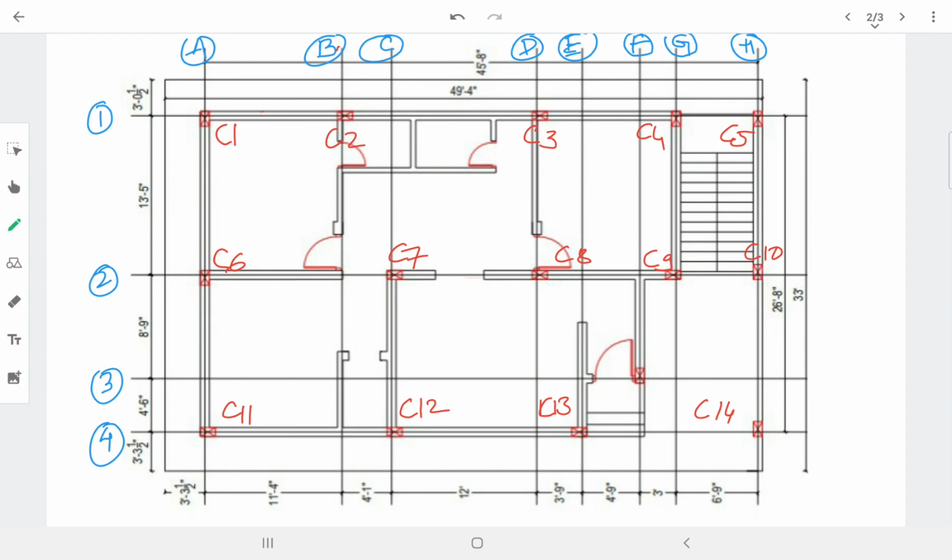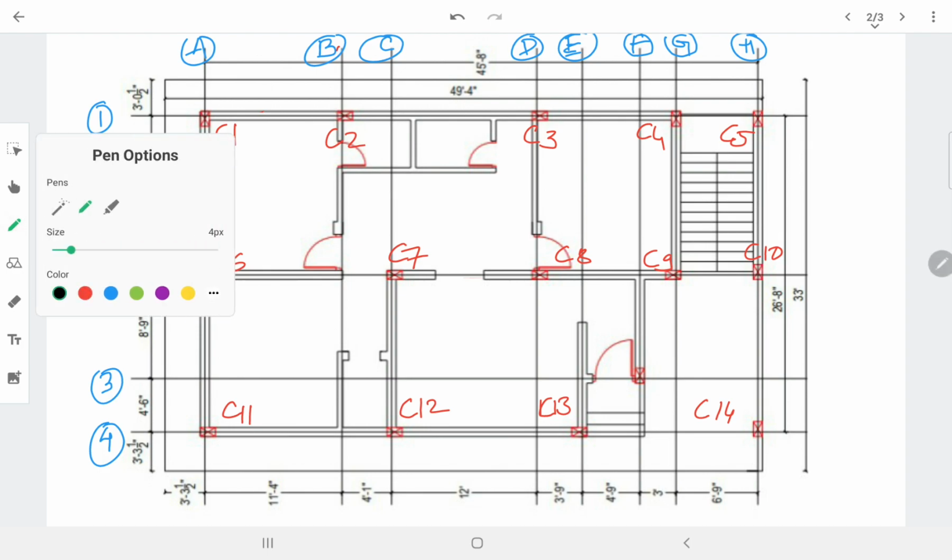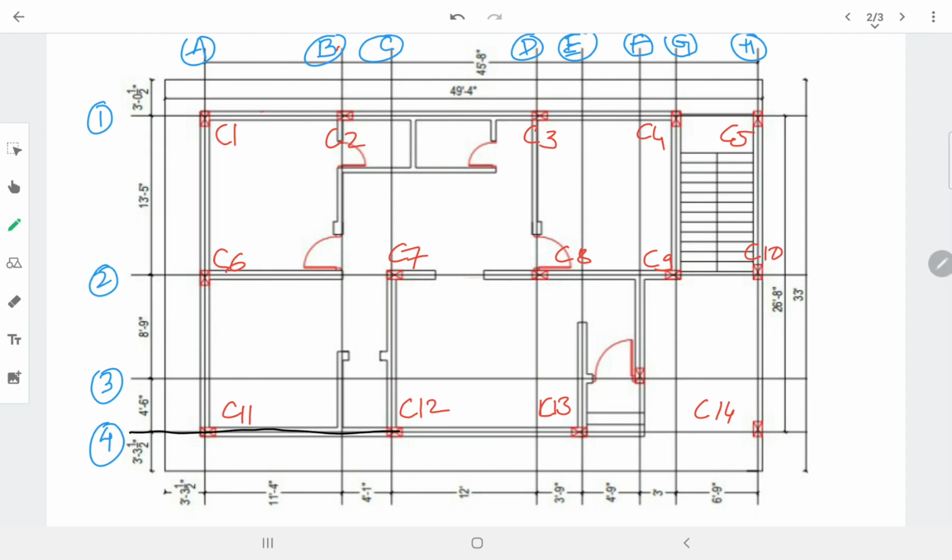Once it is completed, I will be drawing these center lines. Once these center lines are completed, easily we can find out the spacing. When you draw these drawings in AutoCAD, you get the direct spacing using the linear dimension command.